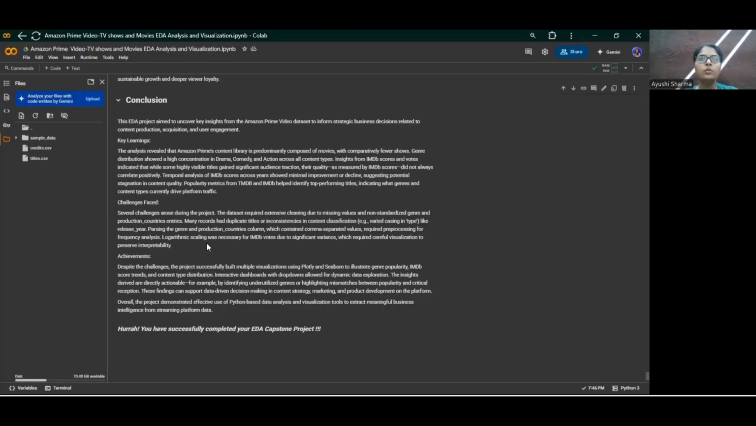Also, we had to fill in the null values in the numerical columns, such as IMDb score, IMDb popularity, TMDb popularity, IMDb votes, and TMDb scores. For them, we filled in the null values by using statistical operations, which were mean and median. So the achievements that we have made are that, despite the challenges, the project was successfully built,